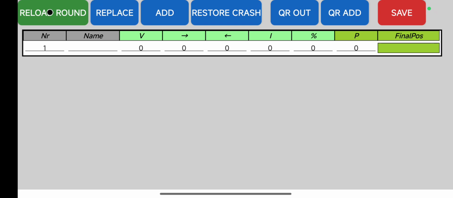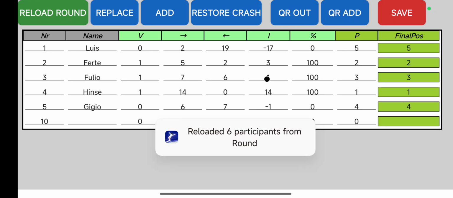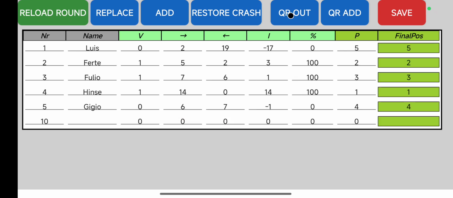But in case you want just to reload the previous results, then press here and there it is. Also here you can save it as a QR or you can import a QR. In this case I have a QR add button so that if you have two fencing groups which are fighting in two different pools, then you can import here the results of the other pool and do a general